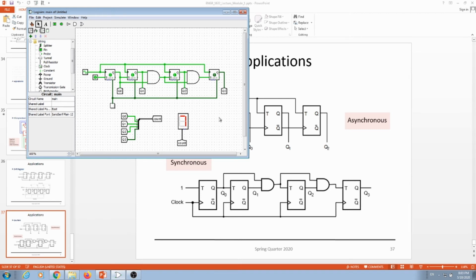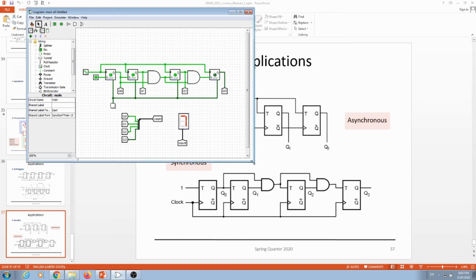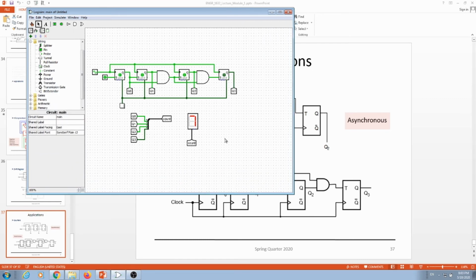And at last, let's say that I want to count just up to a certain number. Let's say I want to count only up to 9. All right, so what do I do? Well, to count up to 9, I know that in binary 9 is 1001. So if I have that combination, all I need to do is, whenever that combination happens, I do a clear so it resets. All right, but the 9, I still want to count the 9, so I'm going up to 10 and then